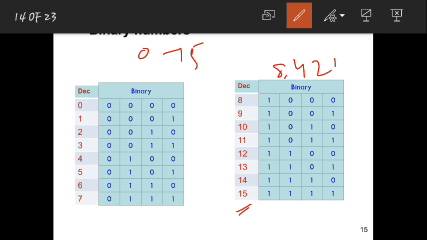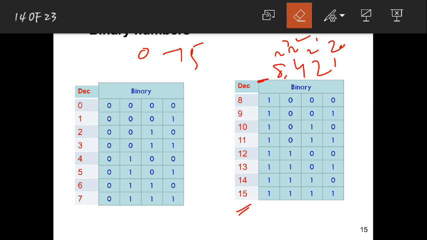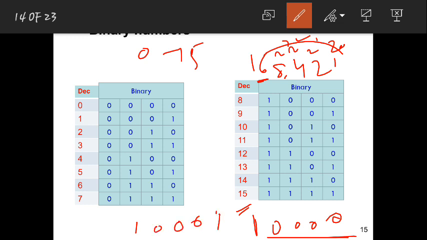To have 5 bits, what is the positional weight of this 5th bit here? See, this was 2 power 0, 2 power 1, 2 power 2, 2 power 3. So this will be 2 power 4, and if you do that, you will get 16. So you can write 16 as 1 at the place of 16, then 8 4 2 1 all zeros. This will be the value for 16. If you want to write 17, then you write 1 at the place of 16, since 17 means 16 plus 1, you can add both. So in the remaining 8 4 2 zeros and here 1, this is the value for 17.